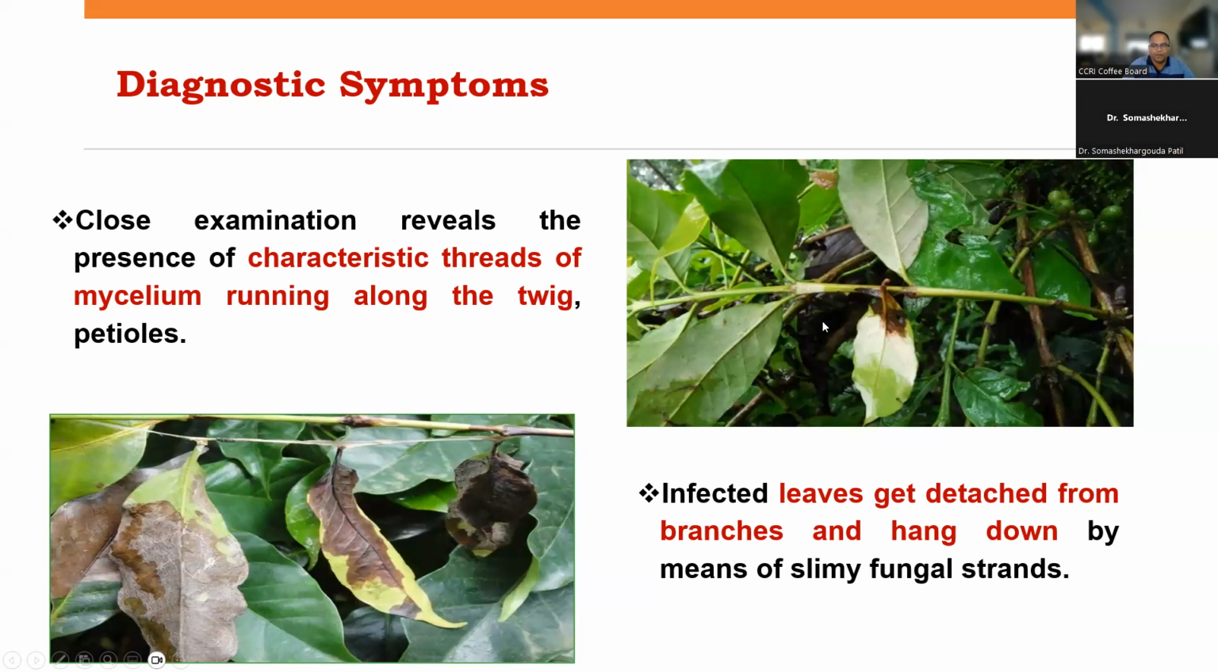And such infected leaves get detached from branches and they hang down by means of